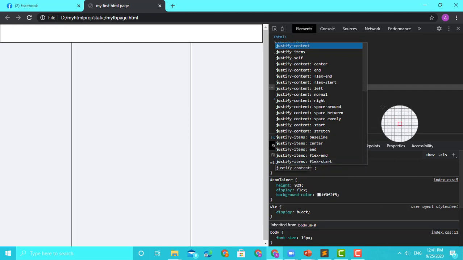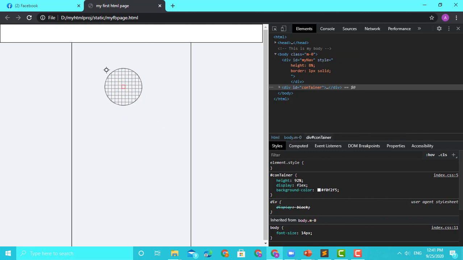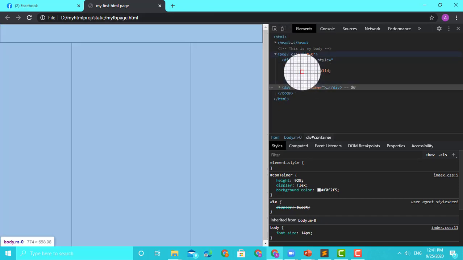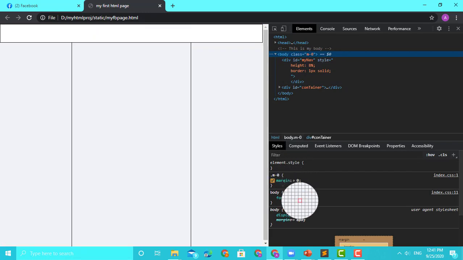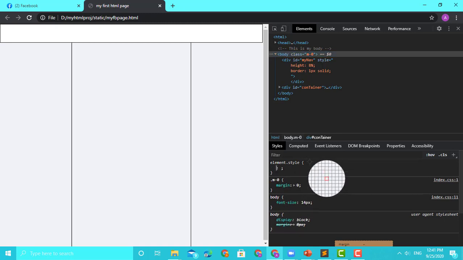And there is one more thing I left before I go, that is called padding. I think I have not explained padding. So we saw margin, which comes outside. There is something called padding. For the body, when we went, I set margin 0. That means don't give any space outside your border or this body element. Now there is something else here called padding. Padding again has left, right, top, bottom, the same. So I will say padding, let's say 10.